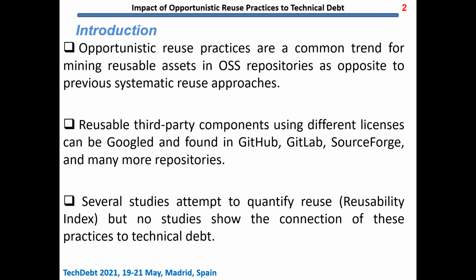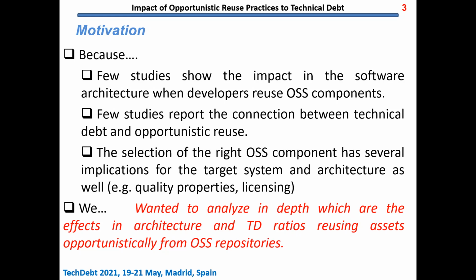So nowadays, several studies try to quantify this reusability index or the level of reuse, but to the best of our knowledge, there are no studies showing the connection between opportunistic reuse practices and technical debt. Therefore, the main motivation for this paper is the lack of studies showing the impact on software architecture when we try to reuse open source components, and reporting the connection between reusable assets found opportunistically and